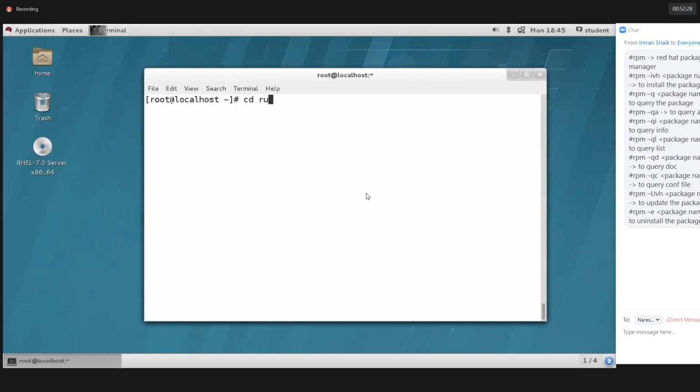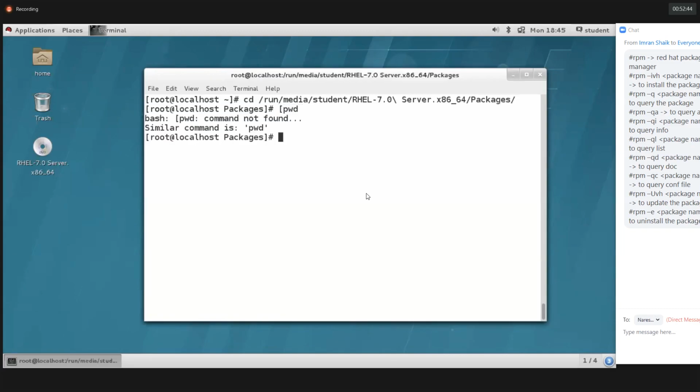cd /run/media/student/RHEL/Packages. So I'm in the Packages directory now. Now I'm trying to install the package with the help of the yum command.